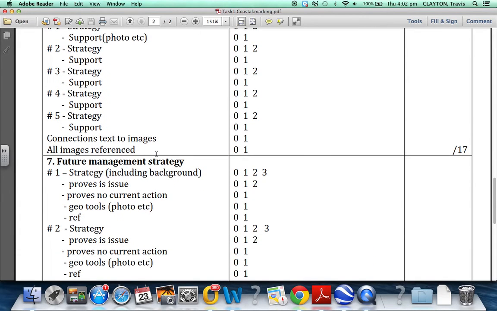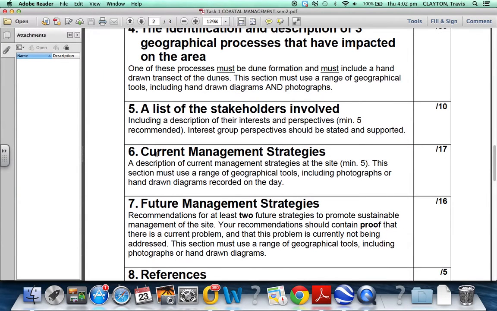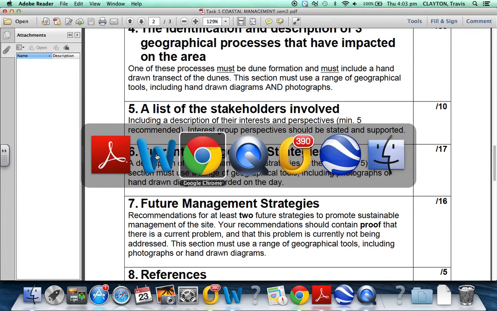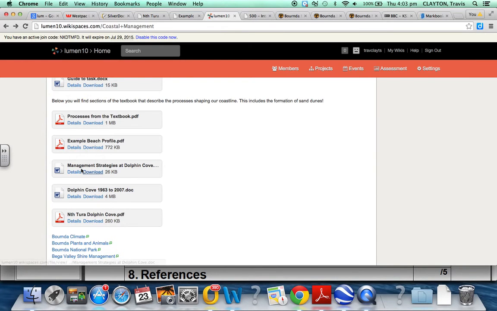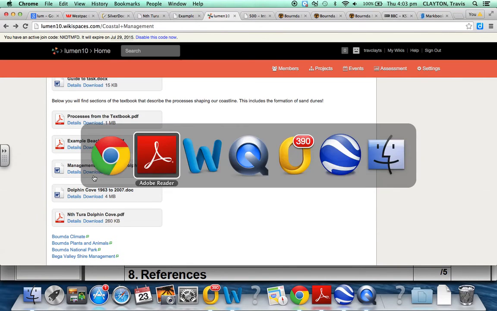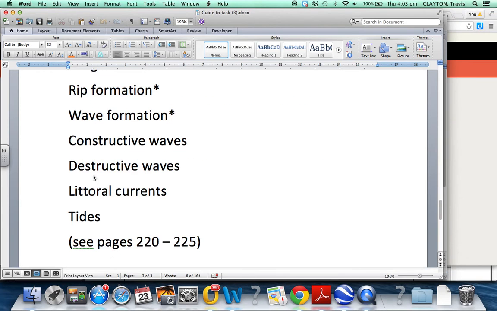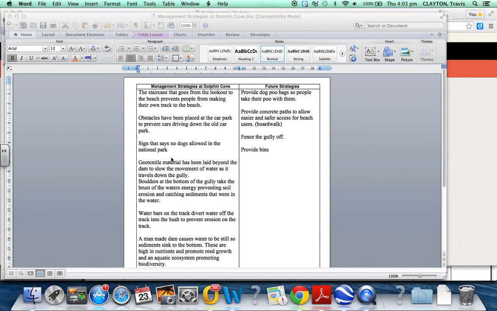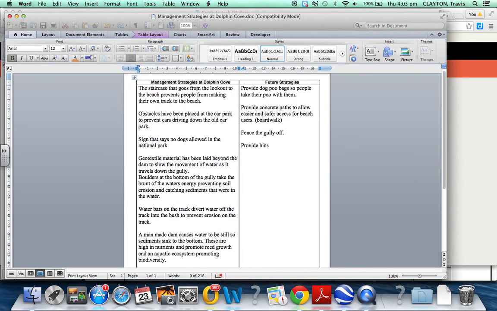Now, before we go on to future management strategies, I wish to show you another document that may help you. This one here, Management Strategies at Dolphin Cove. Download it. Okay, it looks like this when you have downloaded it. Okay, this is it. Here's a list of the different management strategies you'll find taking place down at Dolphin Cove. By all means, you can use this as a resource. Just acknowledge that it came from